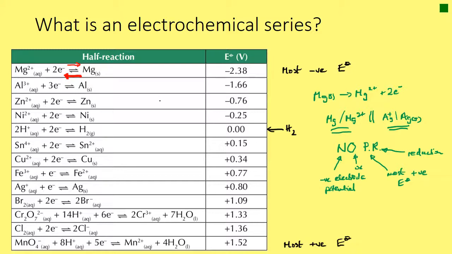And the second thing to notice is that all of the reactions are listed as equilibrium reactions. Of course they are. So I'm just underlining the magnesium equilibrium equation here to emphasize that. But you'll notice that they're all written in the reduction direction, with reduction as the forward direction. That's just standard procedure,